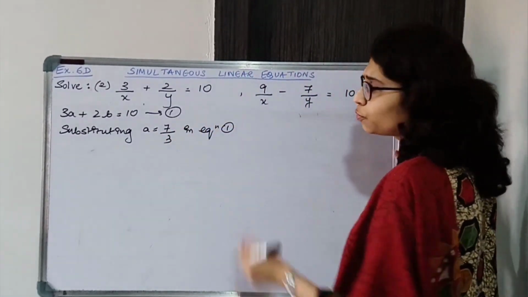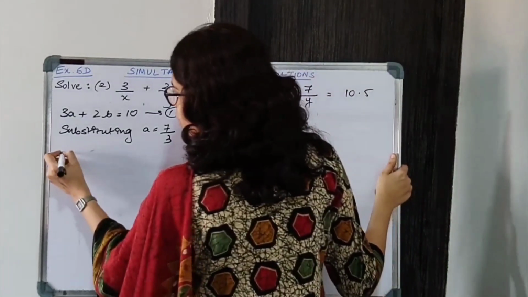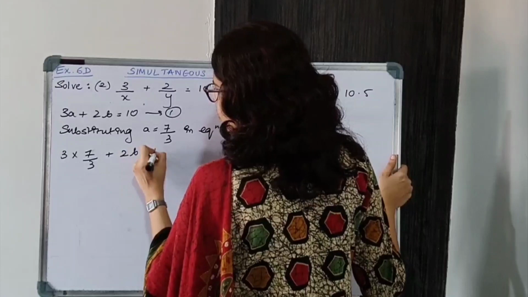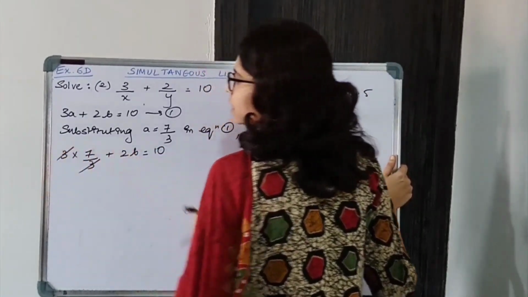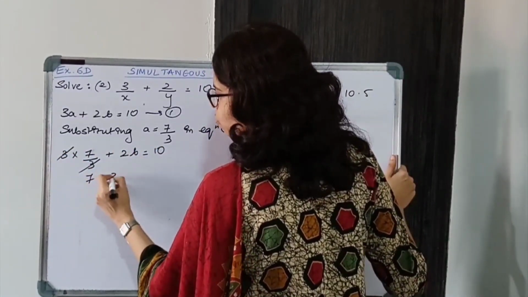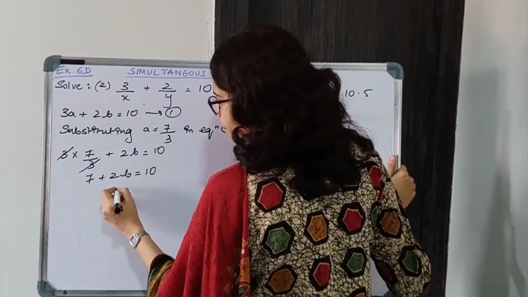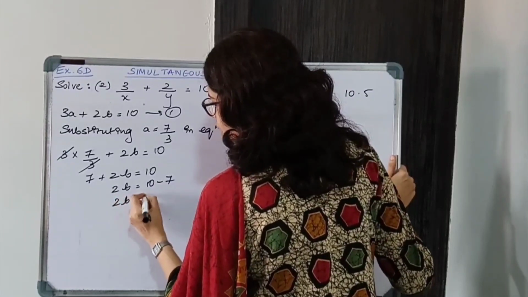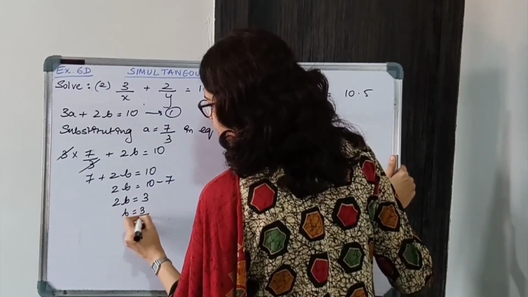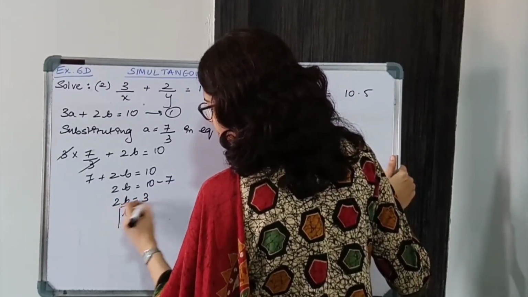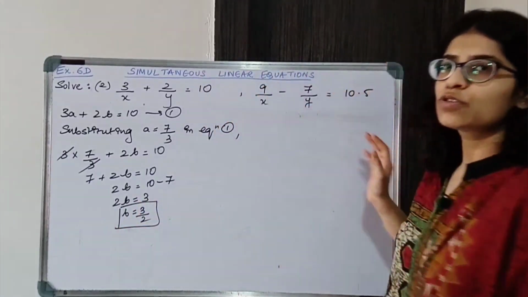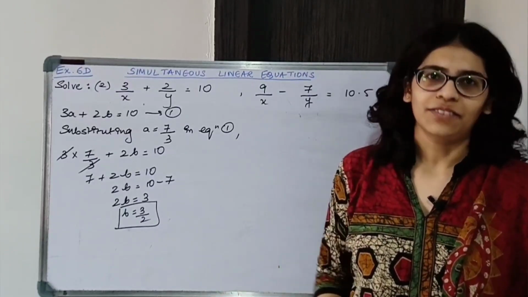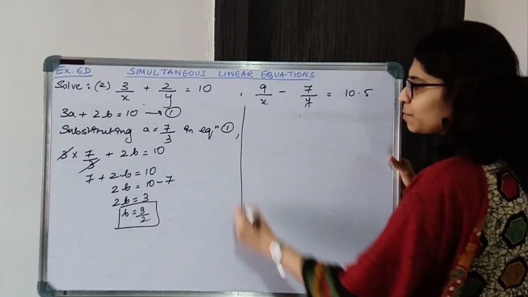You can substitute it in 2, 3 or 4. Okay. 3 into 7 by 3 plus 2b equals 10. 3 will get cancelled. We are left with 7 plus 2b equals 10. So 2b equals 10 minus 7. That is 2b equals 3. b is equal to 3 by 2. Okay, we found the values of a and b, but we still have to find the values of x and y. So resubstituting,